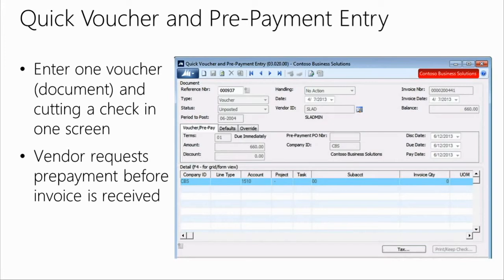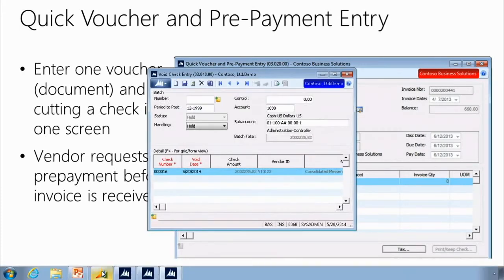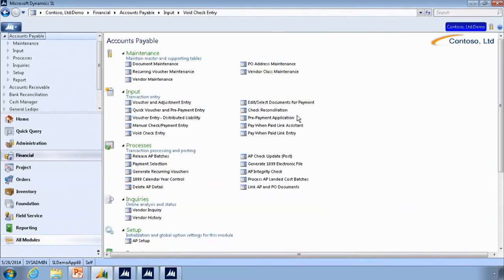The idea here is that maybe your vendor has requested a prepayment before the invoice is even received, and you need to be able to enter the voucher and cut that check all at one time. So if we go back into the quick voucher and prepayment screen,